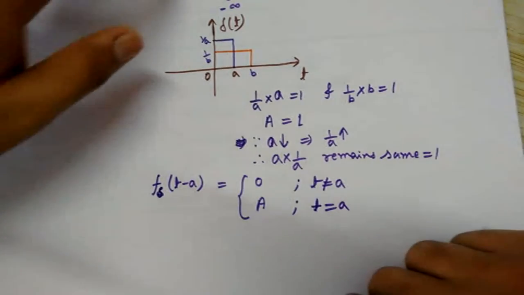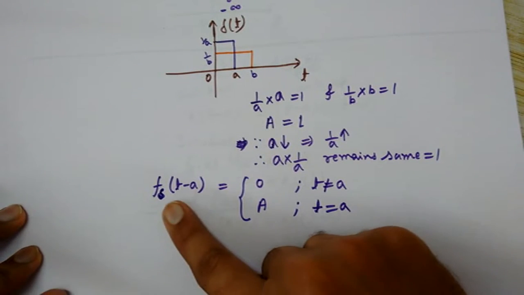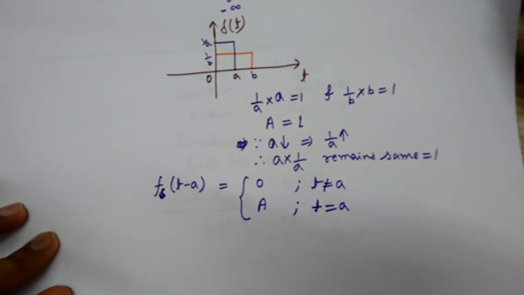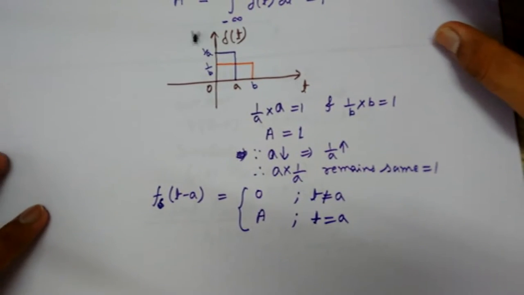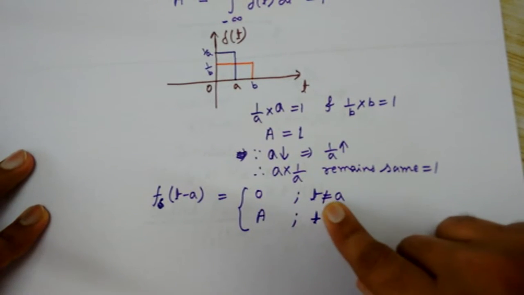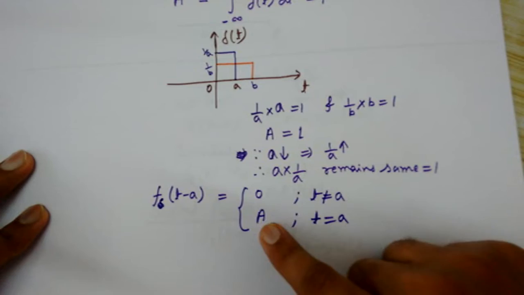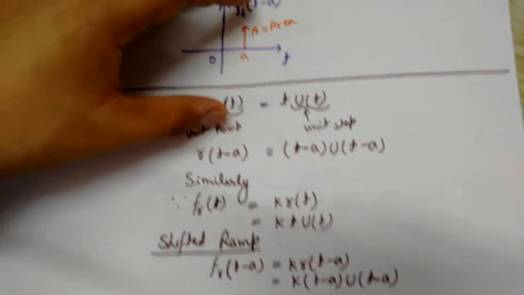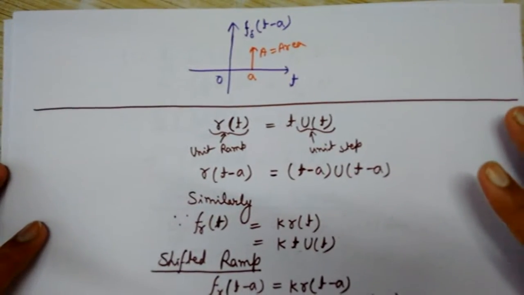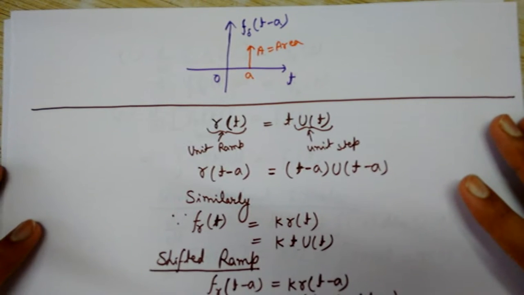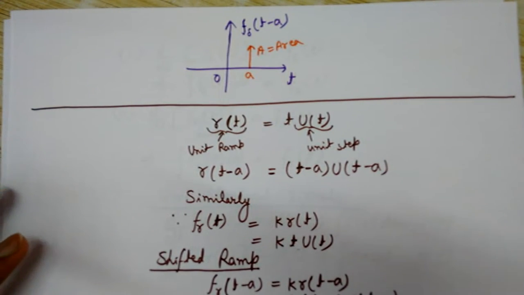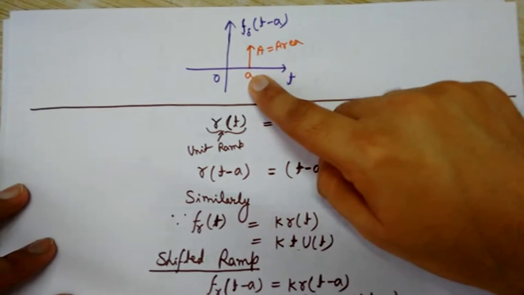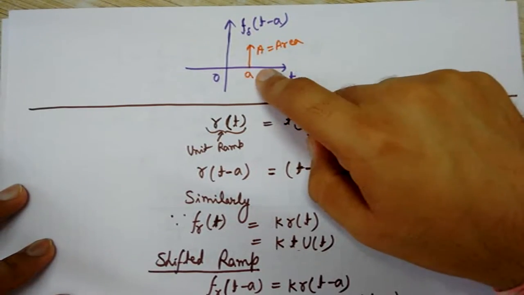Now let's see the shifted impulse, delta t minus a, denoted by a. I am shifting it on the positive x-axis to the right side. So its value is 0 for t not equal to a, and its value is a for t equal to a. As you can see in this diagram, this is the shifted impulse signal, whose value at t equals a is a, but at all the values of t except a,